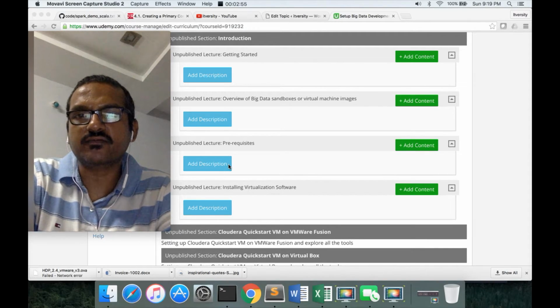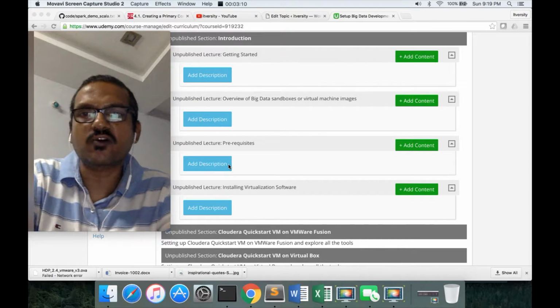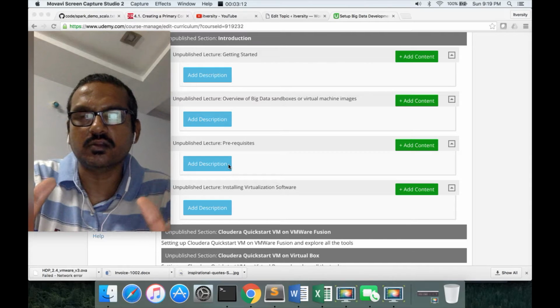As part of this course, we will see how the Cloudera or Hortonworks sandboxes can be deployed, and what tools are required to be added on those virtual machines so that you can follow my other courses.